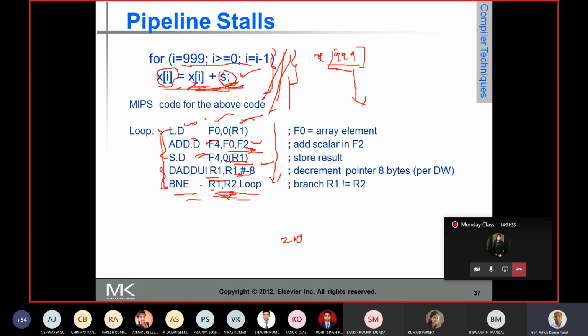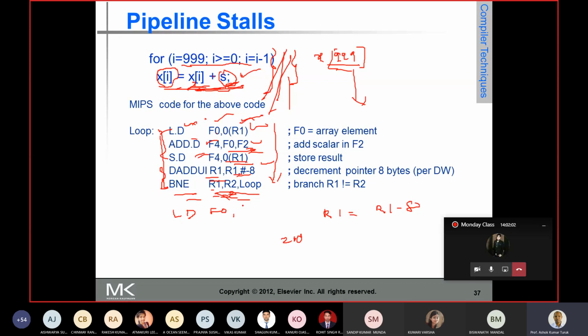Let's look at the first iteration: load F0, 0(R1). When you go to the second iteration, what was the value of R1? R1 is equal to R1 minus 8. Now, when I replicate this loop in the second iteration, this should be load F0.